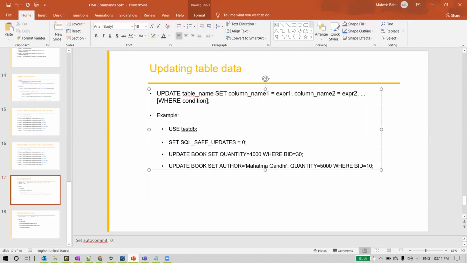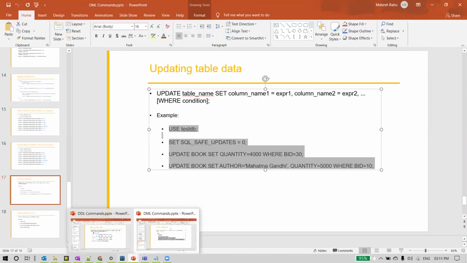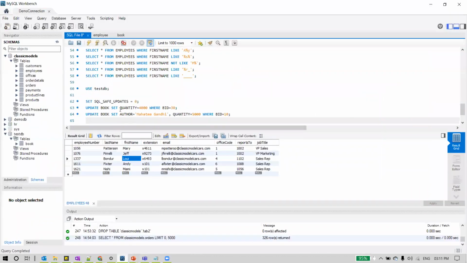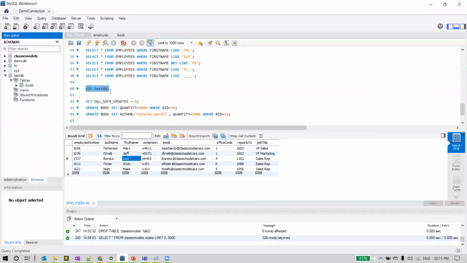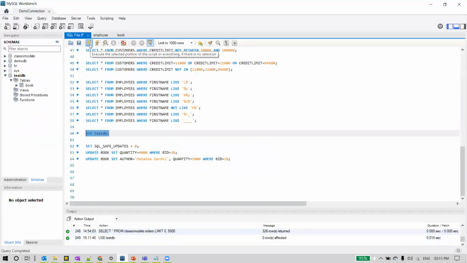Now we wanted to update our table. So we wanted to update the book table. So let's do that now. First thing we'll be doing is setting our database, our schema, so that we inform MySQL that we are in the context of this schema, testDB schema. So I'll select this schema. We'll click on this execute icon,